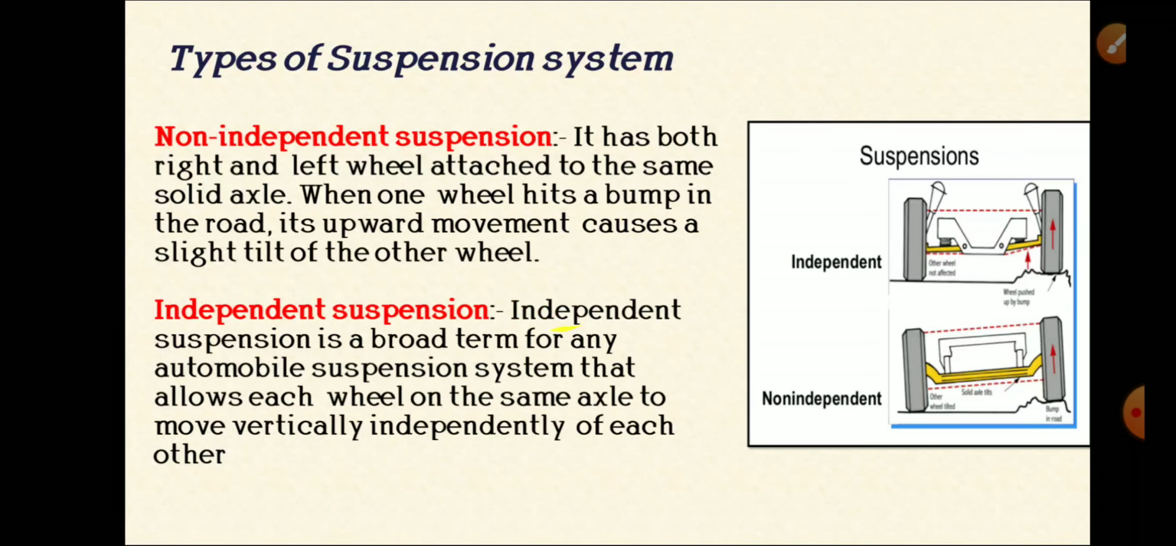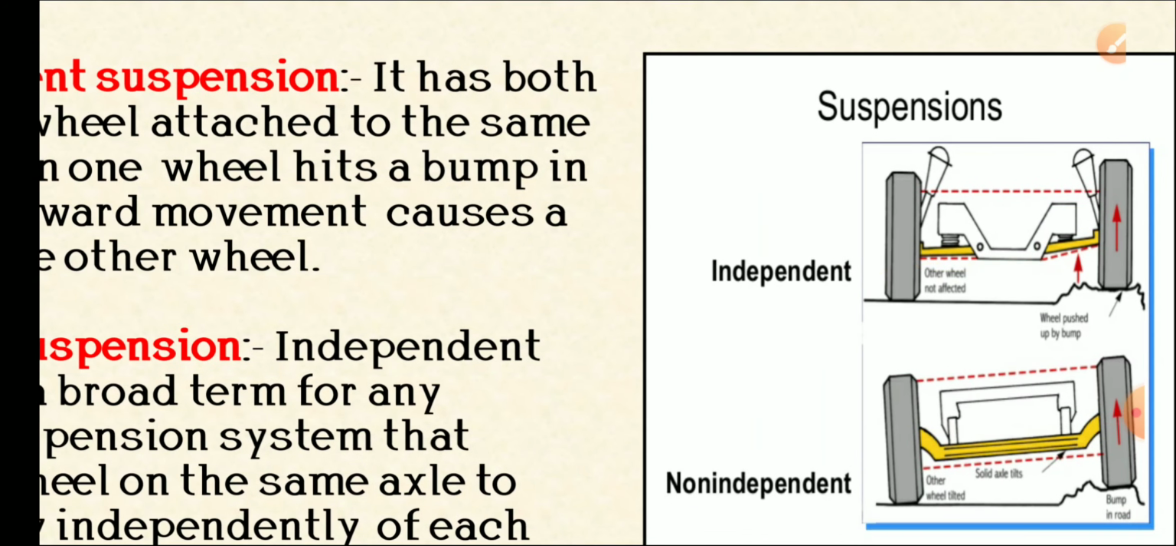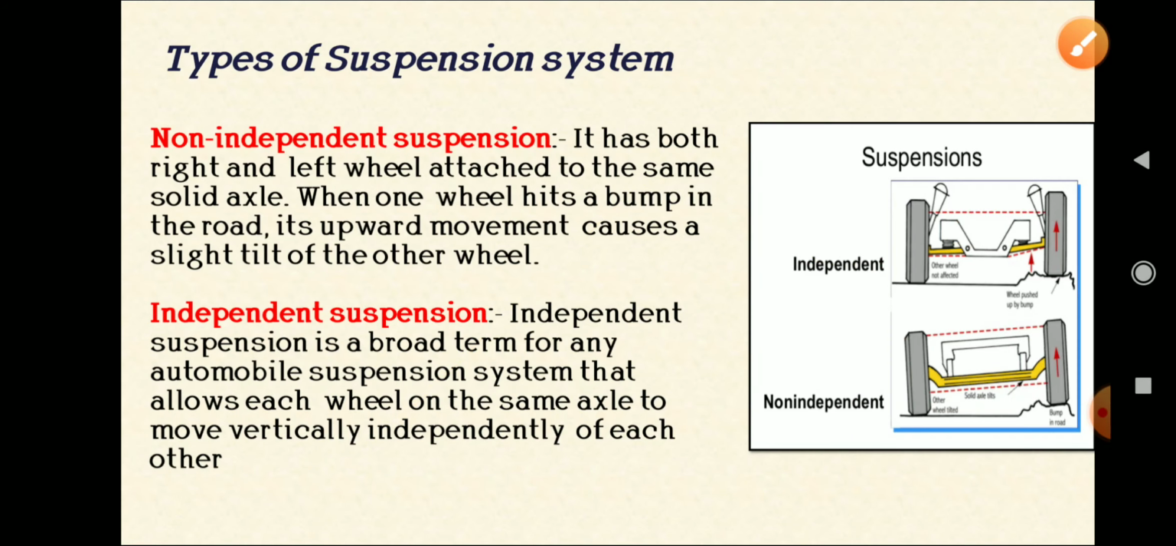Now you can see the figure. The figure shows the dependent and independent suspension systems. First, it shows the independent type. These are independent axles that move the vehicle wheels independently. And second is the non-independent type, where when one wheel comes on a bump, the other wheel also tilts. Now we can go through the basic components of the